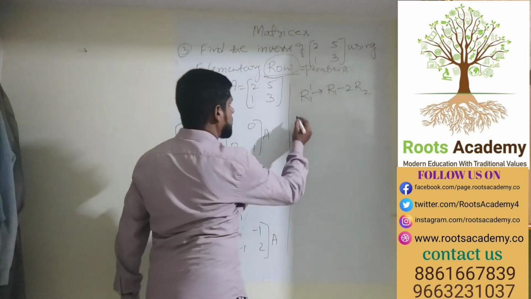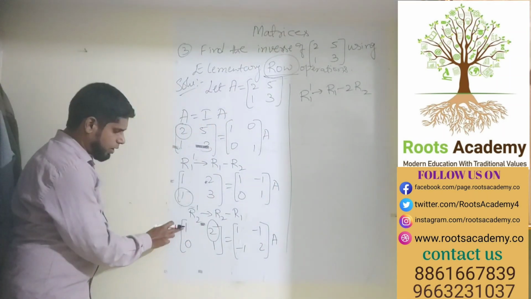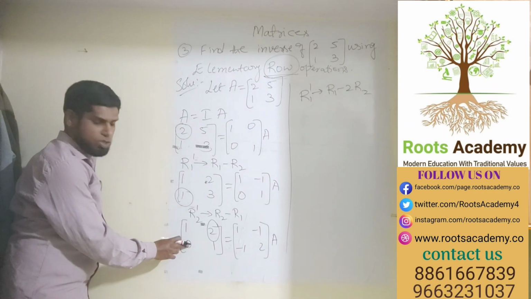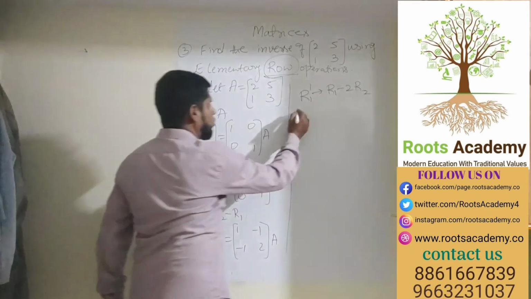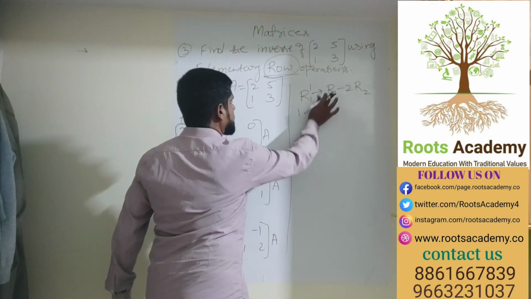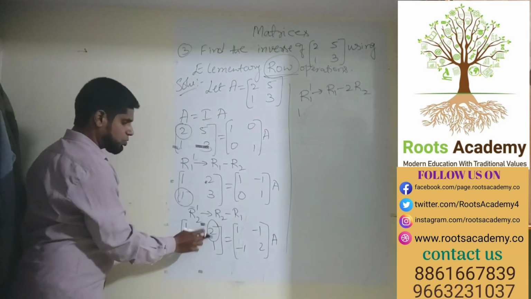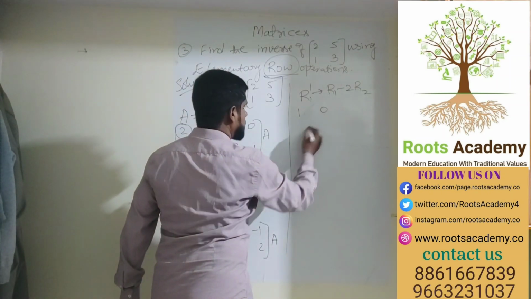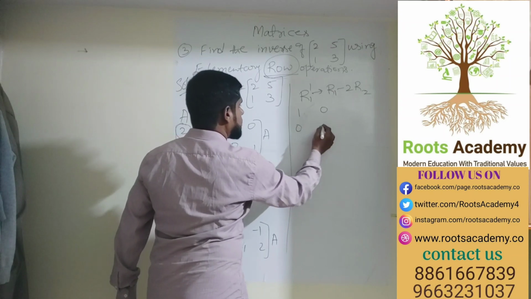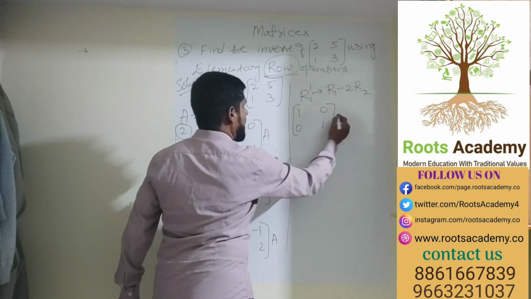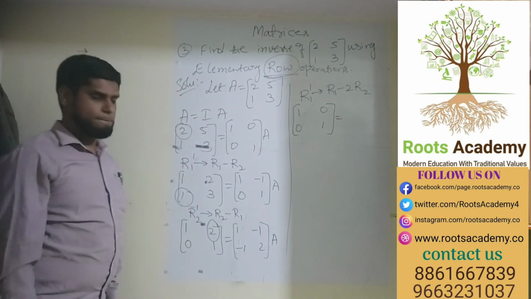Now first, 1 minus 0 into any number is 0, so 1 minus 0 is 1. Then next is 2 minus 2, it is 0. Second row as it is, 0 and 1. That should be equal to,